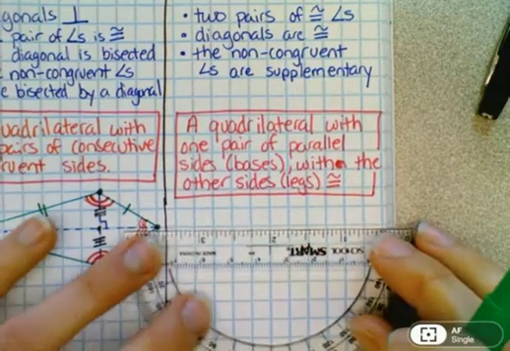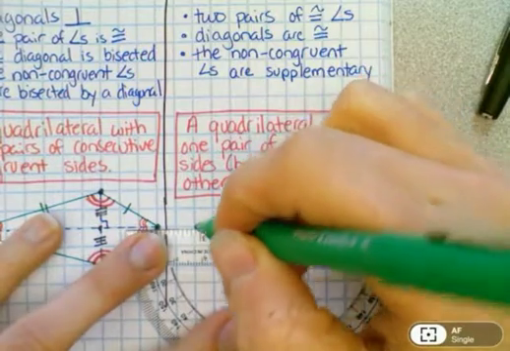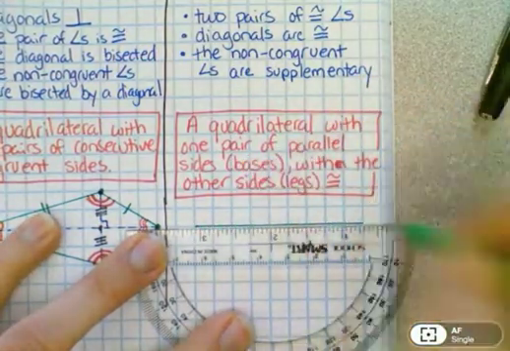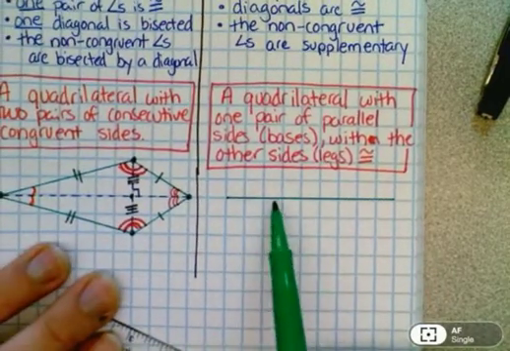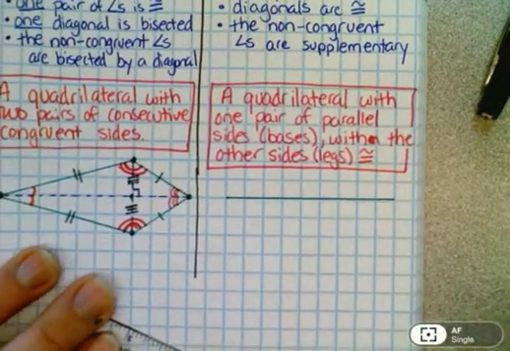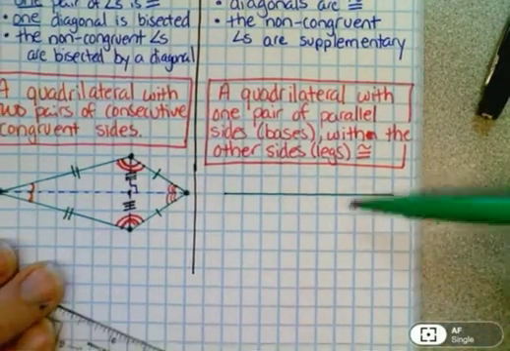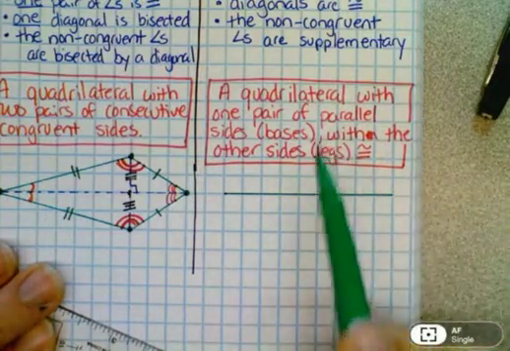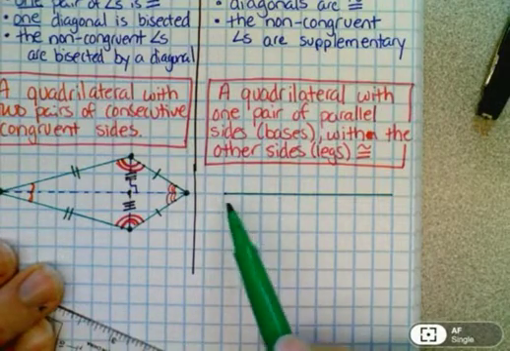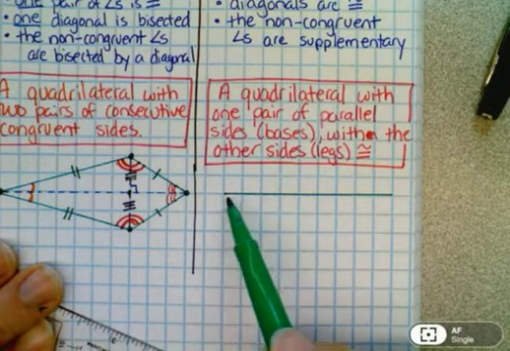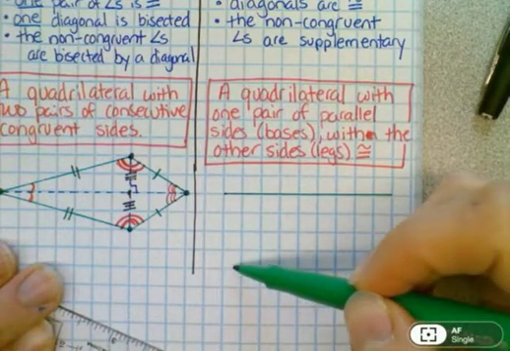On your paper, I think we'll start with a fairly long side, so I'm just going to make it as big as I can. The bigger we make it, the easier it's going to be to show all of the properties. So mine is 1, 2, 3, 4, 5, 6, 7, 8, 9 units long. And so I'm going to build another side that's parallel to this because that's the definition of a trapezoid. And so I think just to make sure that I get it all in, I really want this to be as big as possible. So from here I'm going to go maybe down 4 and over 2